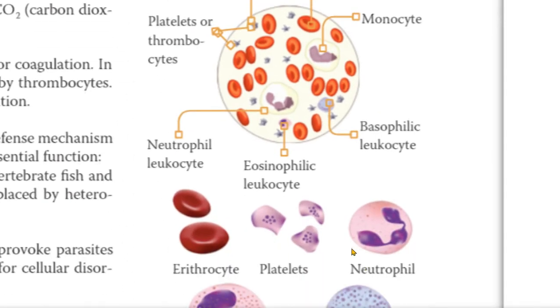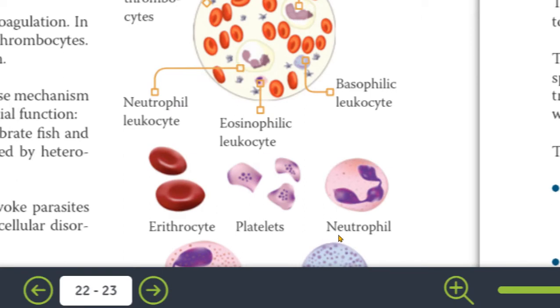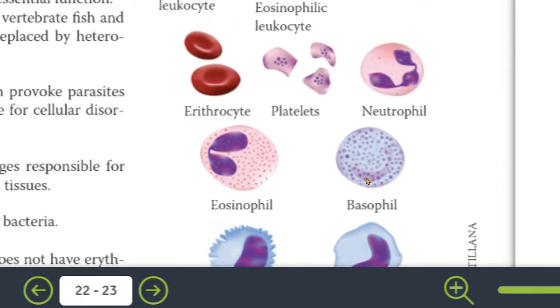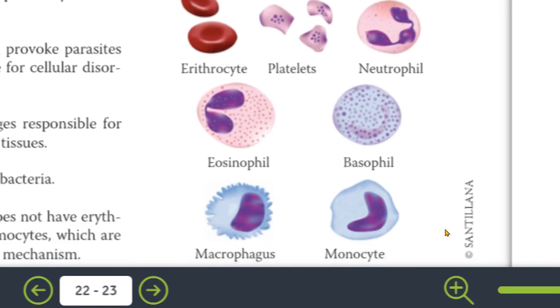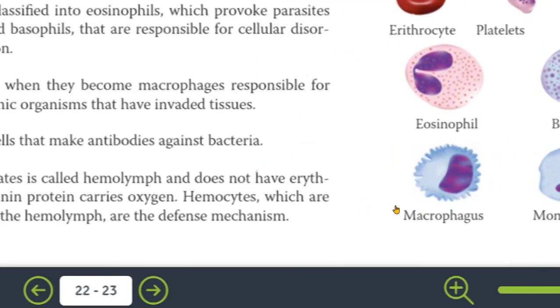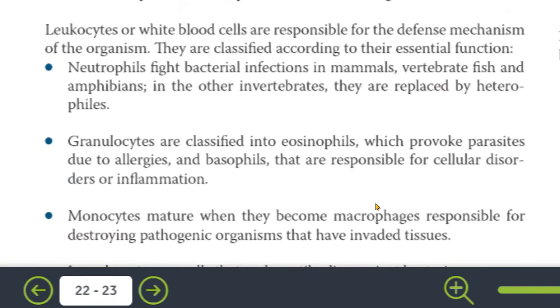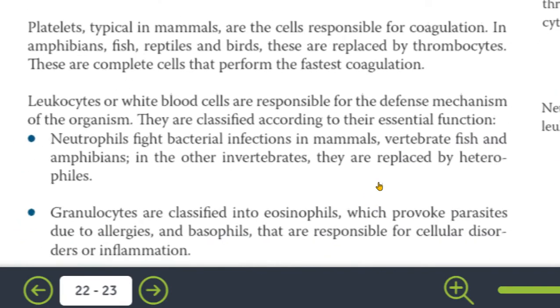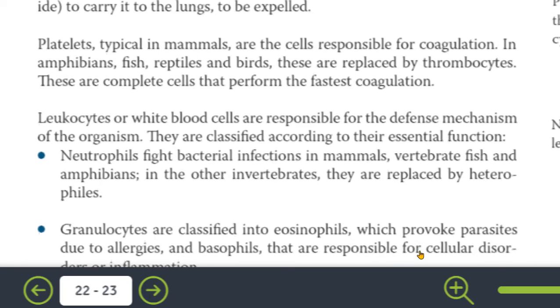Look at the pictures. This is an example of an erythrocyte. That is an example of platelets, neutrophil, eosinophil, basophil, macrophages, and monocytes that are in charge of swallowing or putting inside them bacteria and other viruses. Let's speak a little bit about the works of these white blood cells. Well, let's start